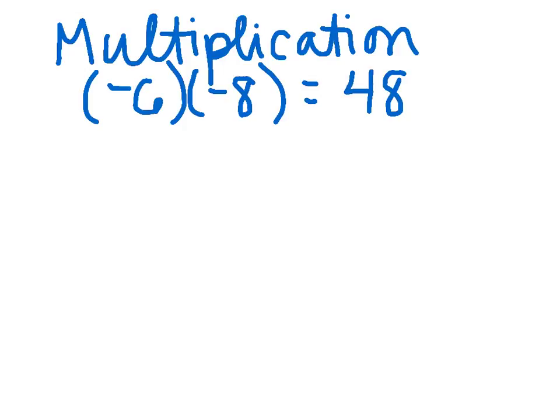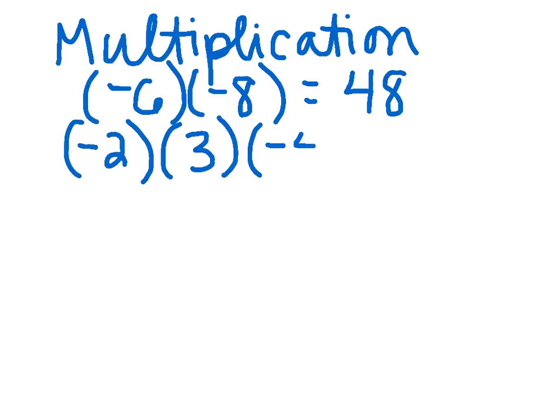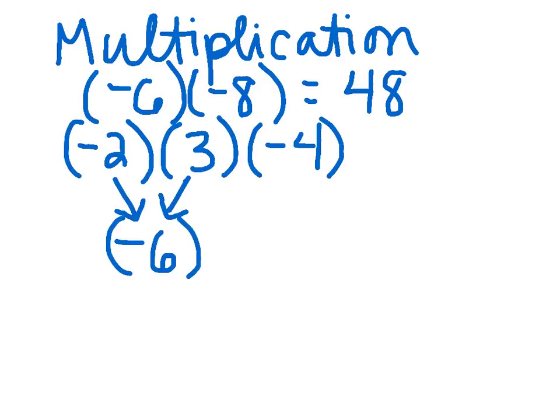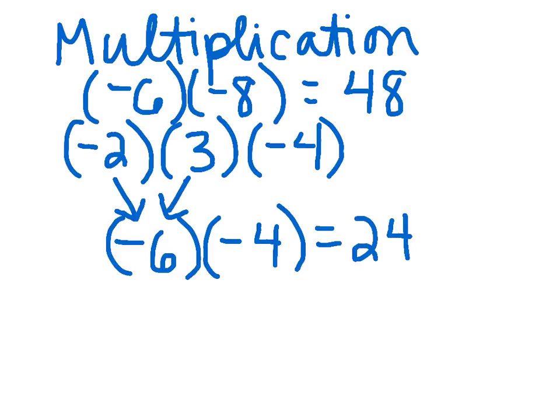The problem becomes when you have more than that. If I say -2 times 3 times -4, if I'm working with the idea of same signs positive, different signs negative, it would say that this answer is a negative, but in fact it's not. Because if I do these two numbers at a time, I get -6. And -6 times -4 is actually equal to +24. Since we know that any two negatives make a positive, we can devise the rule that works for multiplication, and that is an even number of negative signs